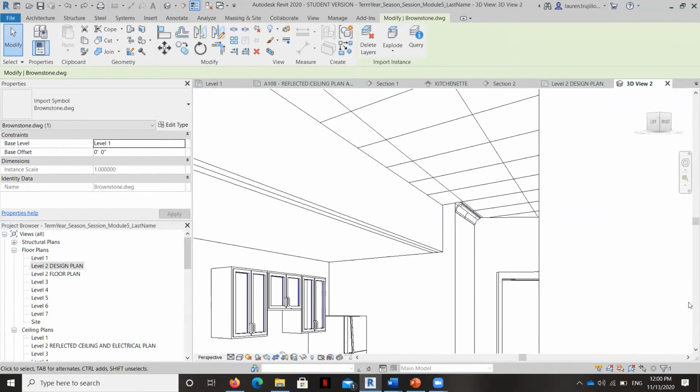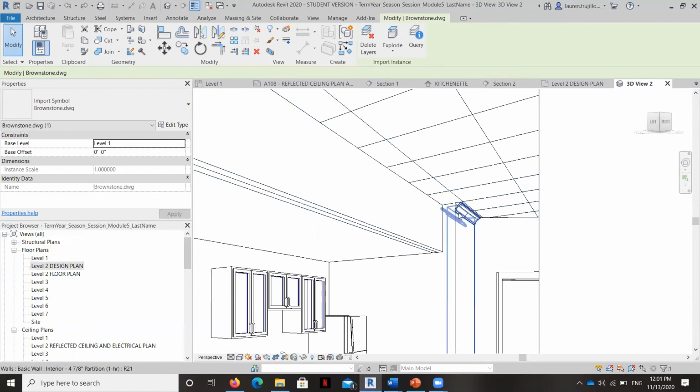And what I'm going to do right now is just leave it, because finessing crown molding and making it wrap and do exactly what you want it to do is a rather long process, and one that we don't really want to get into right now. It would just take a really long time and valuable time away from what we need to learn.